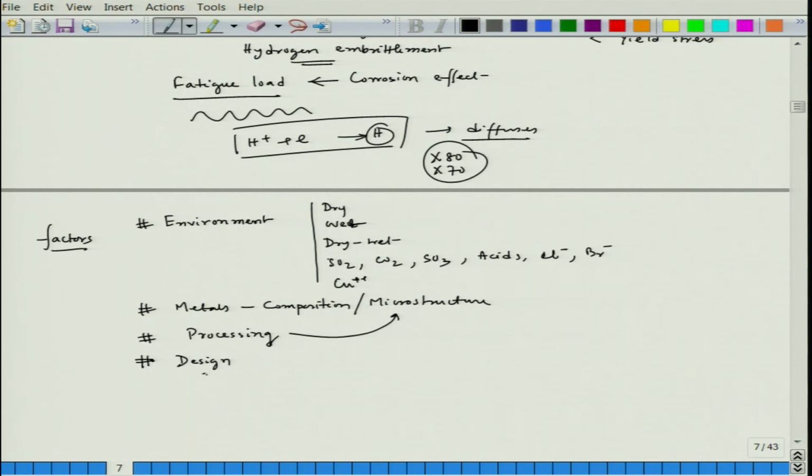Fine. Whenever we are talking about design, we are talking about how those metallic combinations are chosen. It is impossible to develop a structure with the same metal. If it is a big structure, you have to use different metals, but the combination is very important. So, that comes under design, and we will talk about that also. Roughly, these are the different factors, and we will talk around these. So, let us stop here. We will continue our discussion on corrosion failures and analysis in our subsequent lectures. Thank you.